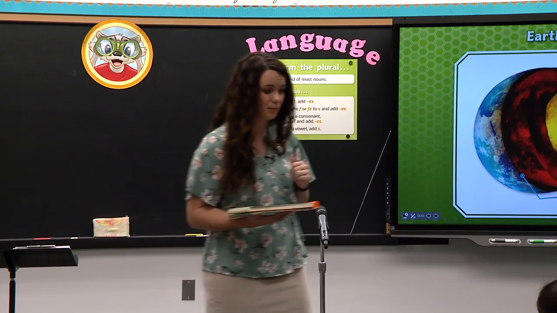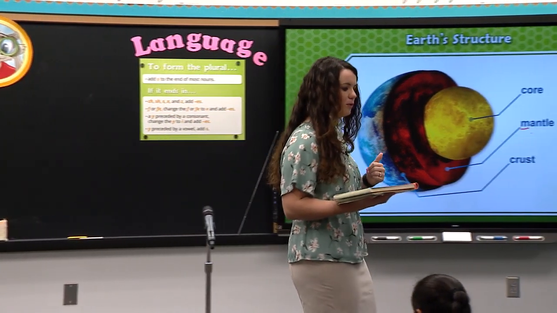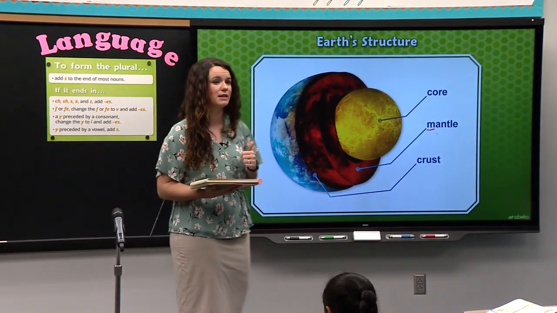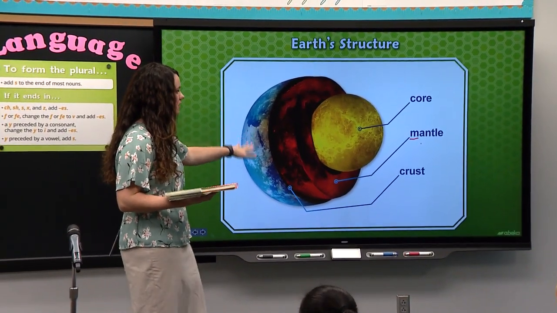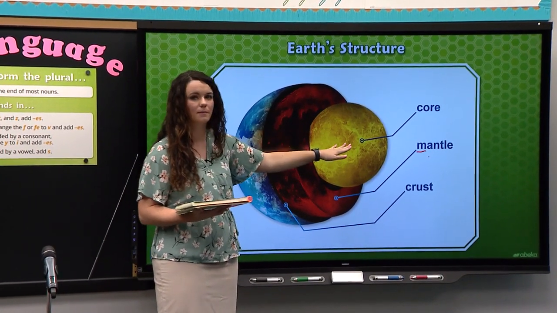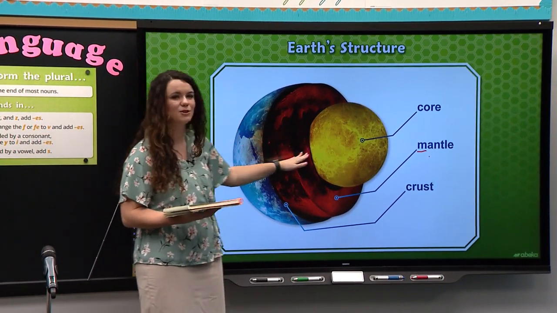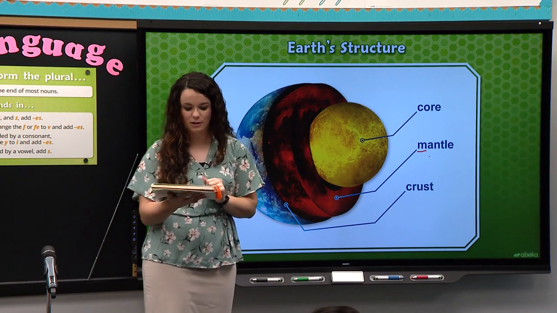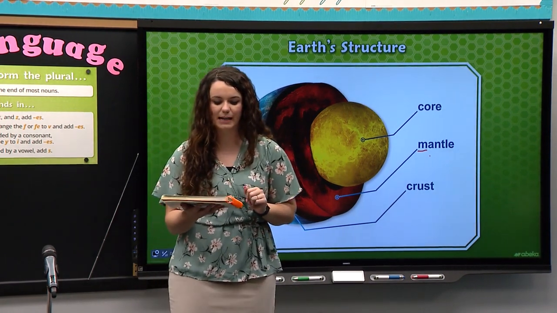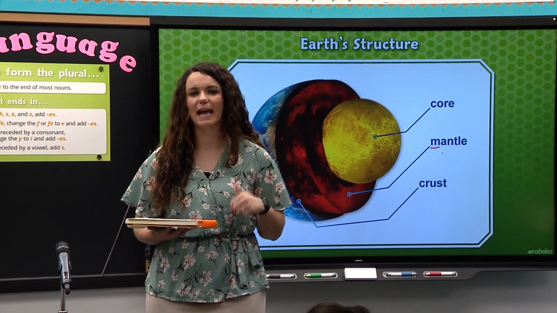As you look at your book or at the chart, let's label each of these portions, starting with the crust. Ready? Repeat after me. Crust. Mantle. Core. Now you're looking at the bottom of page number 85, where we're going to see how the earth is